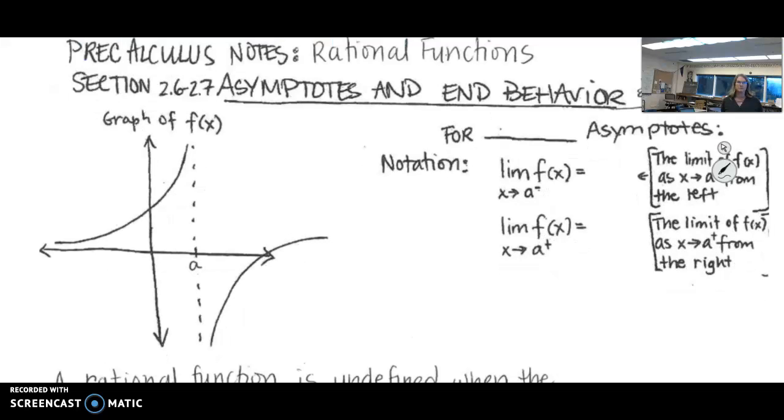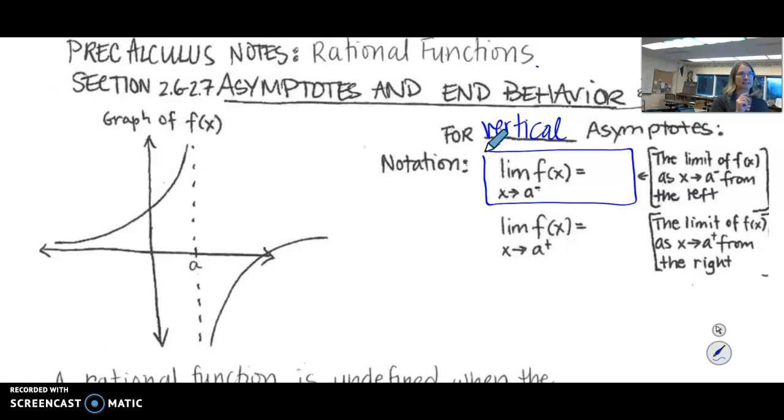Hi guys, we're going to be discussing rational functions and their asymptotes and end behavior in this video. So we're going to start out, we're going to look at what is the behavior as x approaches a vertical asymptote. We're going to use the same limit notation right here,